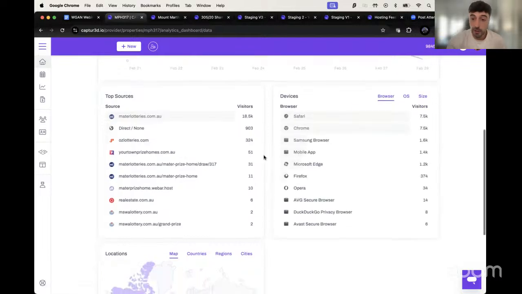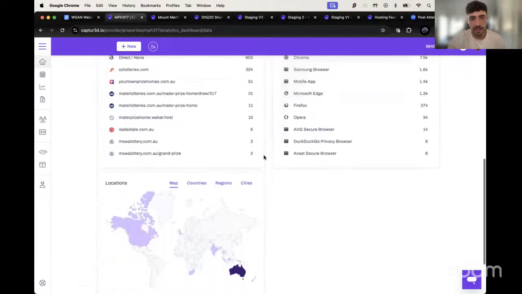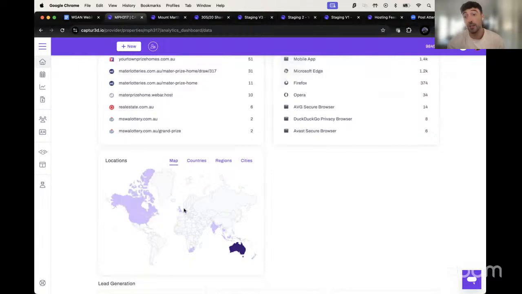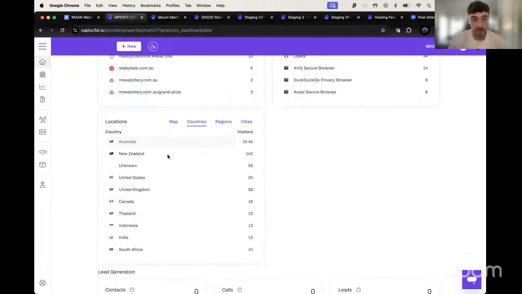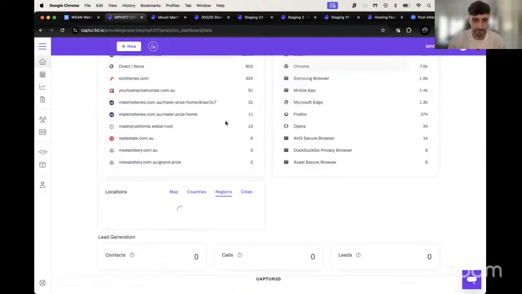But something else really cool that we've integrated quite recently is a breakdown of locations of visitors and viewers of the specific tour. This gives a world map view, and we can actually filter that and break it down by views by country, regions or state, and city level as well. So I can jump through the tabs. We can see how many views have been coming through from here in the last 7 days.